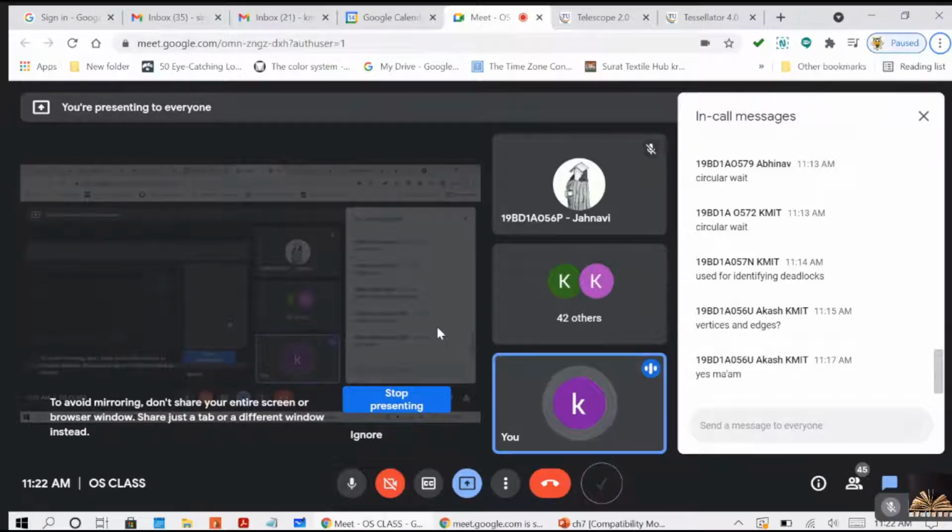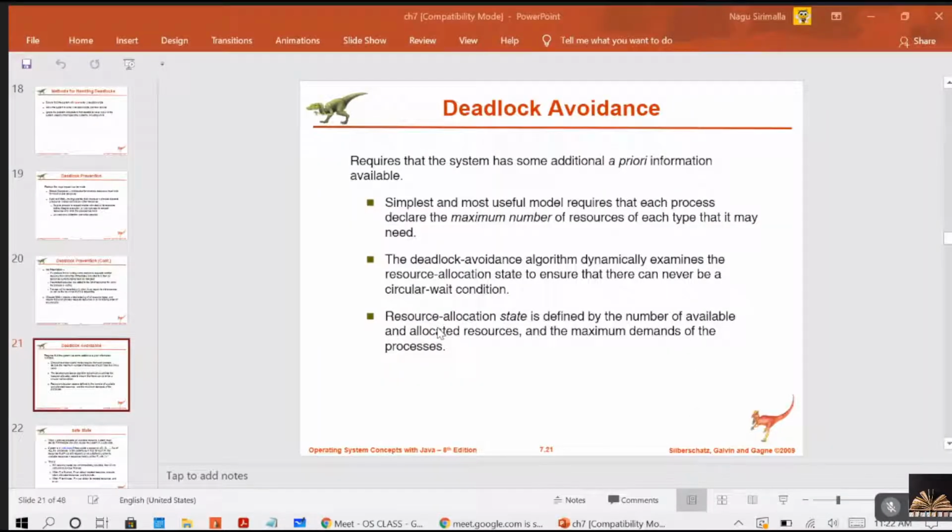So what the operating system will do is, when a process is requesting for a resource, the OS can make the process wait. That means it will not immediately allocate the resource to the process. If allowing that process to use the resource leads to a deadlock, then the OS will not give the permission. The OS will make the process wait for some time. In that way, it is going to avoid the deadlock, right? So for avoiding the deadlock, we have three algorithms here. One is the safe state algorithm, the resource allocation graph algorithm, and Banker's algorithm.